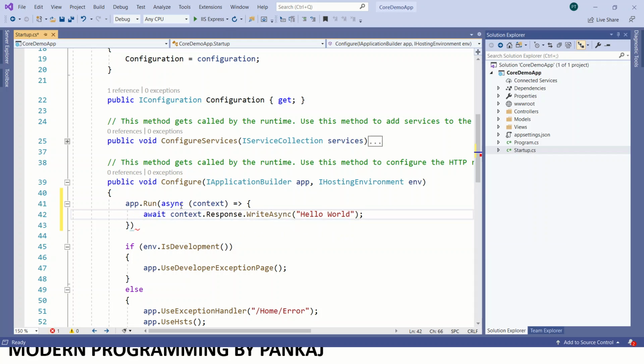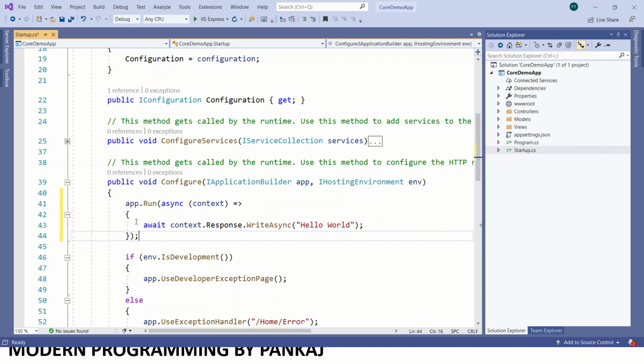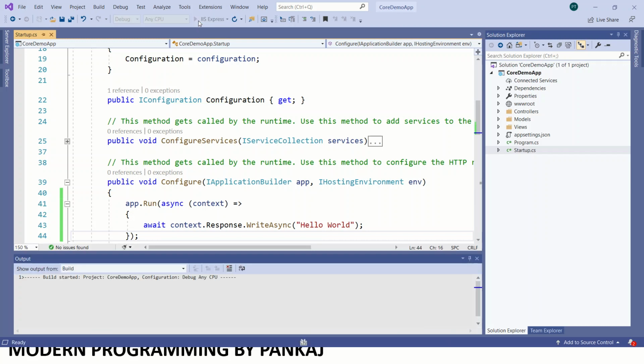So this is how our middleware is configured. Now if you run this application, you will get hello world in your response.